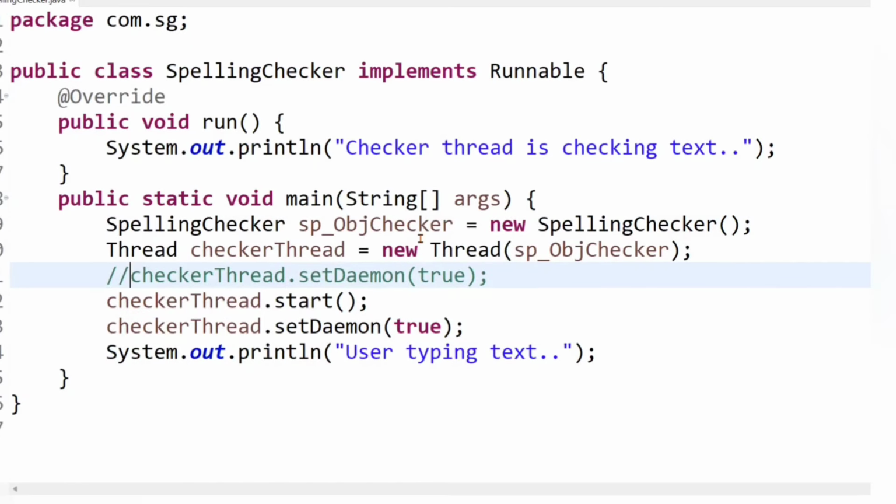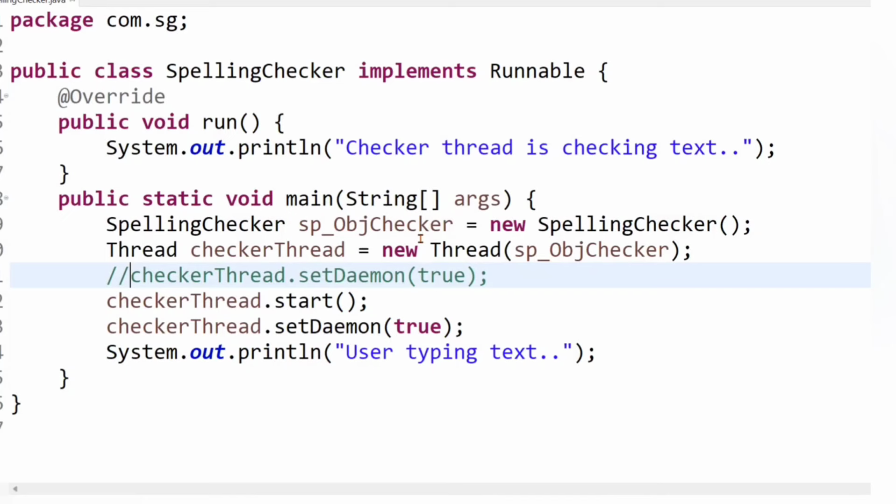Then it won't work. It can raise an IllegalThreadStateException, because when we call the start method on a thread, the thread actually starts its execution, or we can say the thread becomes alive or active. And once the thread has started its execution, if in the middle of execution we set the user thread as a daemon thread, then the JVM gets confused about when to shut down, because the JVM's life depends on non-daemon threads, that is, user or main threads. Once user threads are terminated, the JVM shuts down, right?